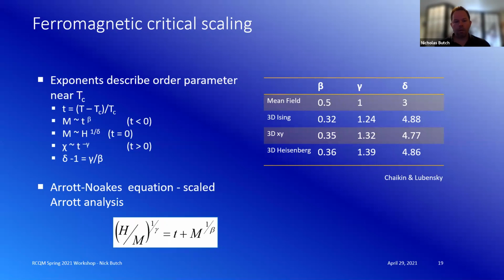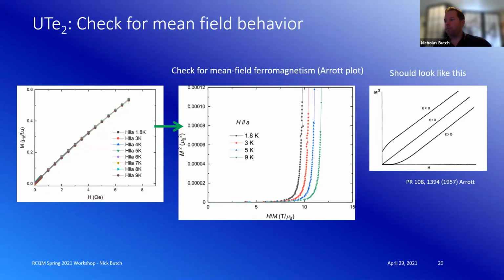Okay, so if we just try mean field, it completely doesn't work, or rather it's unsatisfactory. I'm just showing here on the right what I would expect it to look like. So for temperatures that are above the transition, we should see curves like this. And then if we were at T = 0, we would expect to see this, or something approaching that. And that just doesn't work. So these exponents aren't quite right.